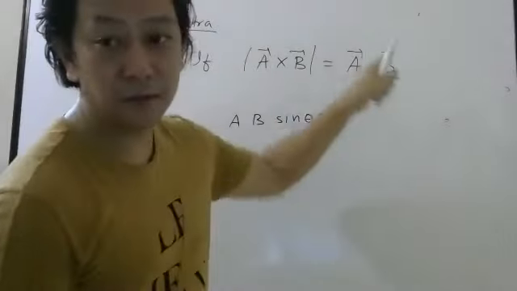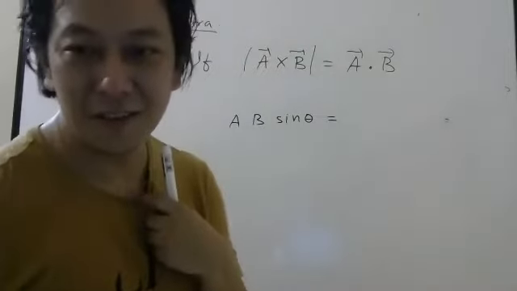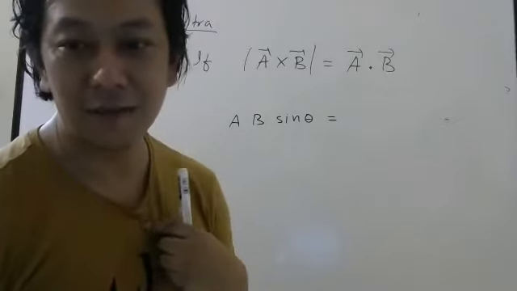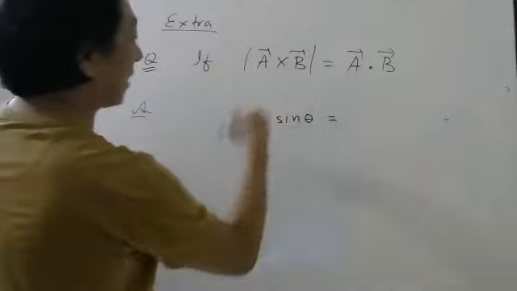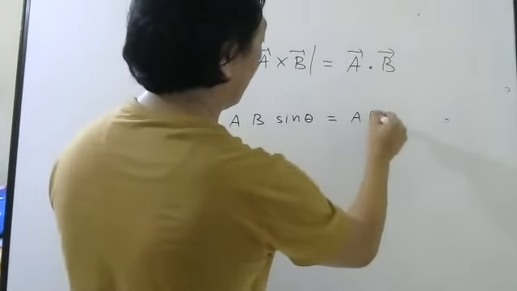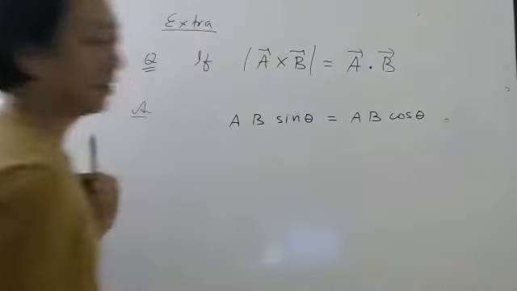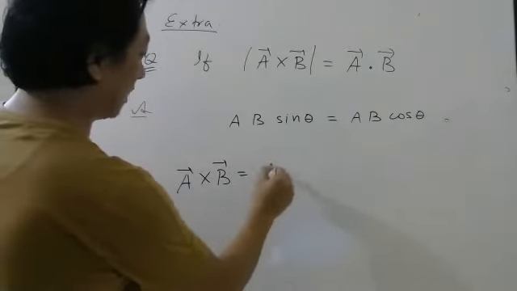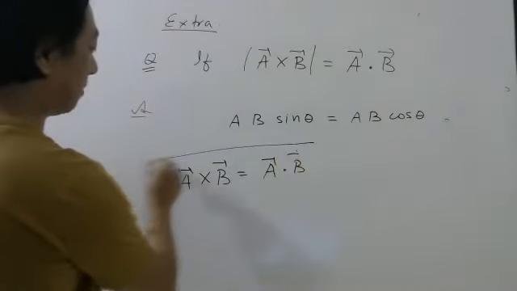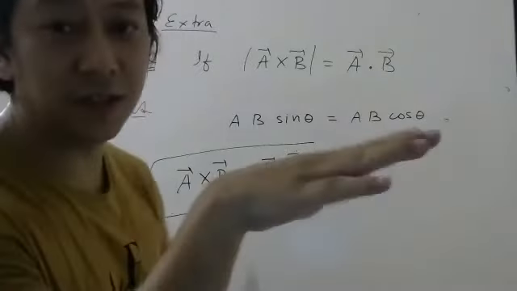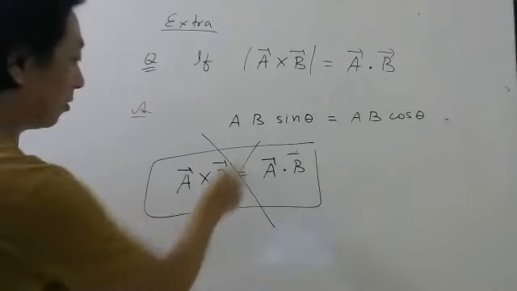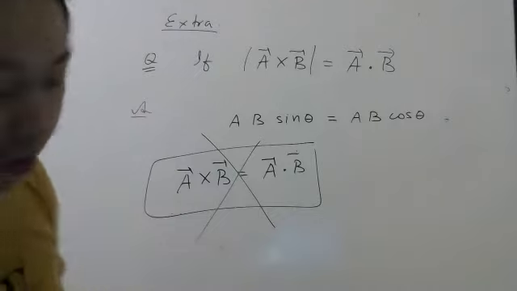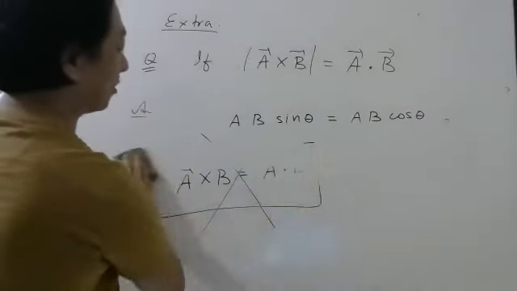And what is the magnitude? It becomes scalar, meaning what? Karthik, sine theta equal to cos theta is correct. So tan theta will be what? So this is AB sine theta. What is the definition of this? AB cos theta. You can never write like this. If you see some textbook or even myself writing like this, if somebody writes like this, put a stick on the hand. Why? This is nonsense. Why is this nonsense? Left side is a vector, right side is a scalar. How is it possible to be equal? After taking magnitude, it is possible.